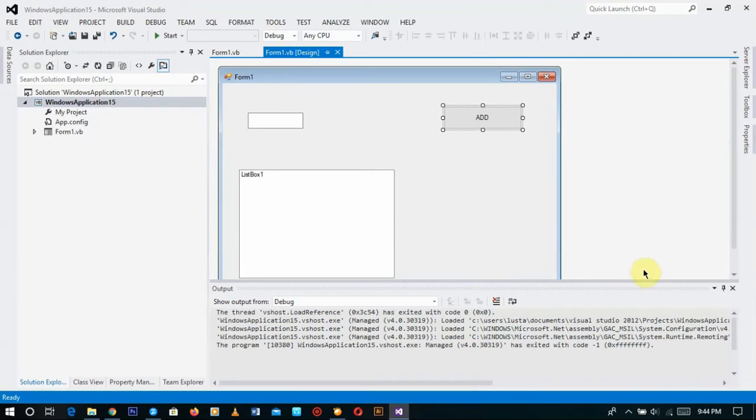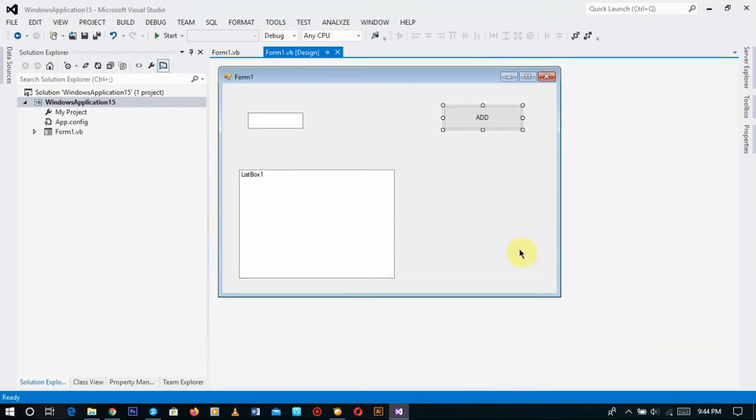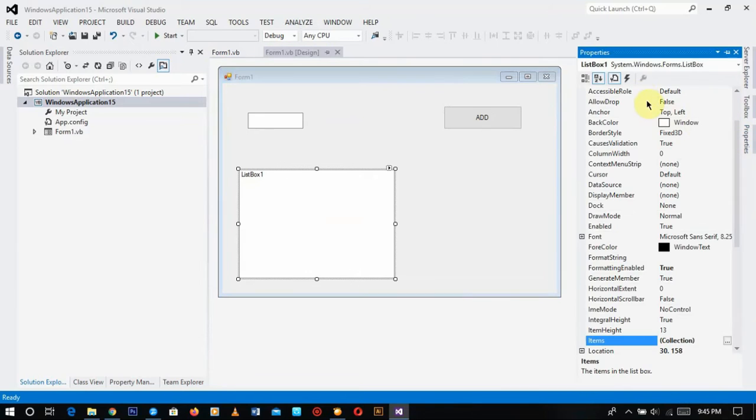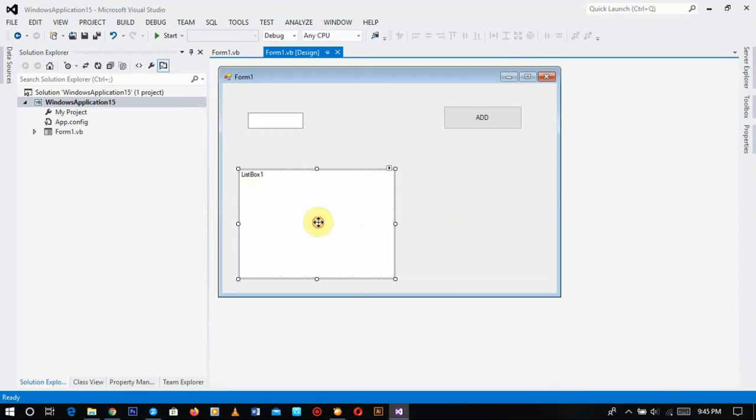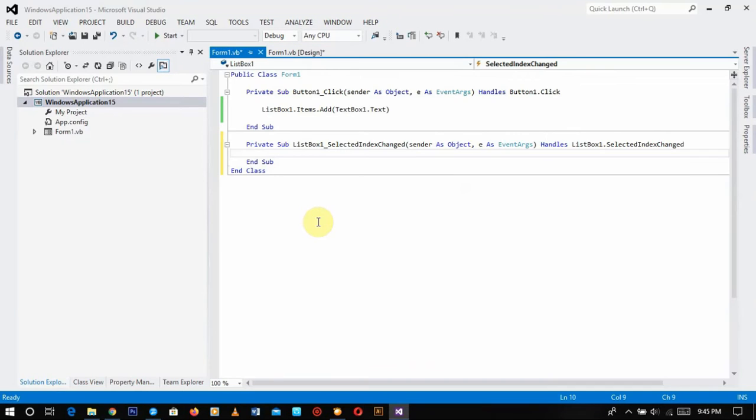So remember, I said I'm going to show you how to select items in your list box. For you to do that, you can just click your list box and go to properties and click events. As you can see, there are many events that you can perform. You can select, you can do whatever you want. So now for us to perform whatever we want, we are going to double click